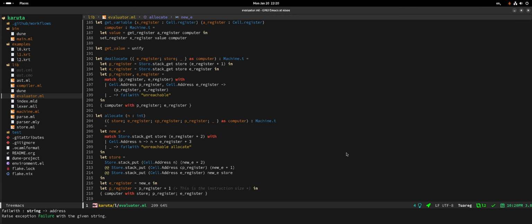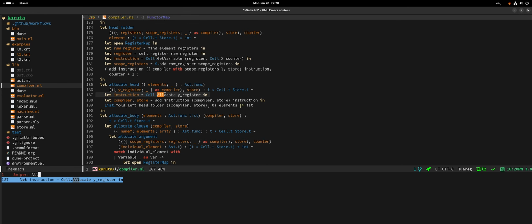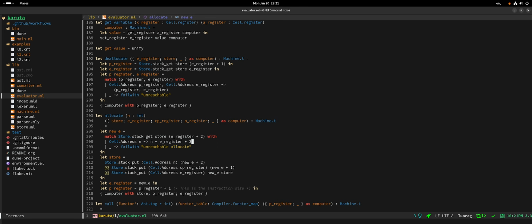Yep. Okay, so we actually got this in there, which I think means that we probably made some confusion between addresses and references, maybe. We can actually check that out. Allocate. Here it is. So we add the allocate. Now that's gonna take a while. So let's see if the evaluator is wrong first. Let's go. Oh, we're allocating